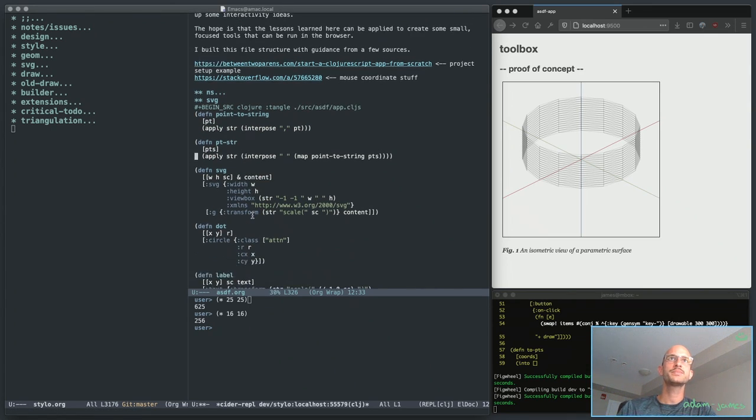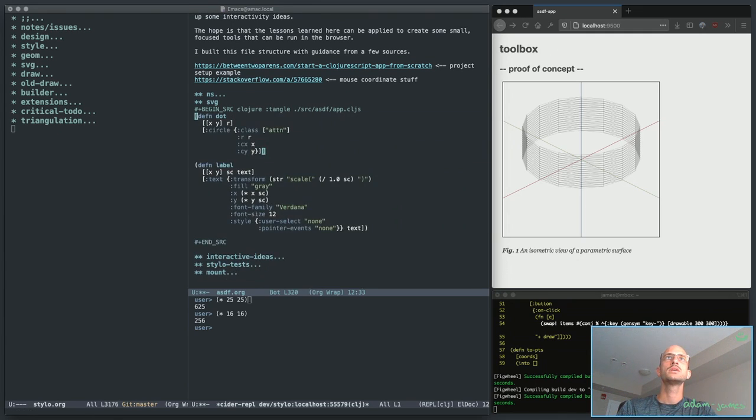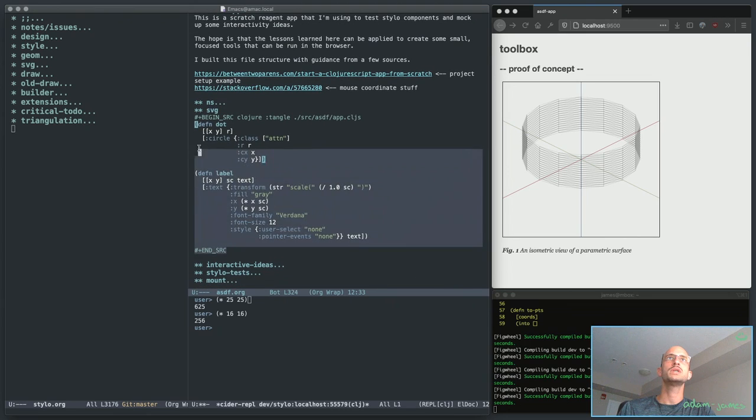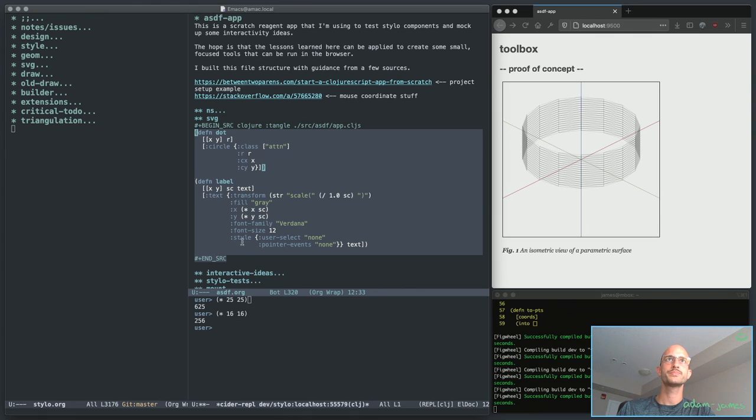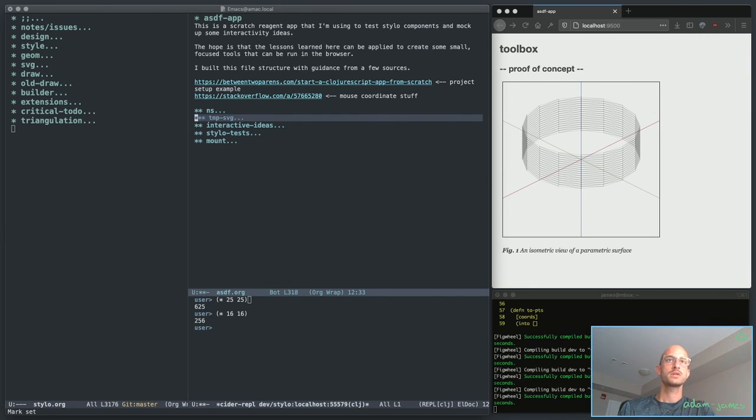Okay, so now SVG. Let me see what happens if I just delete these. Let me see if there's some issues there. Seems to be no problems, which is good. So that does mean I can move these into temp SVG. This section gets moved into